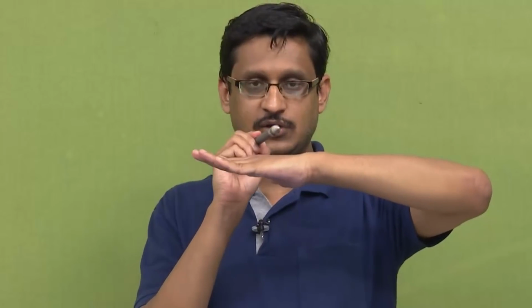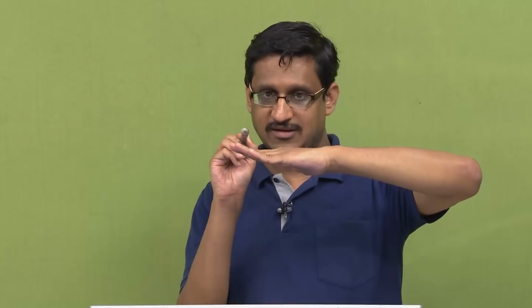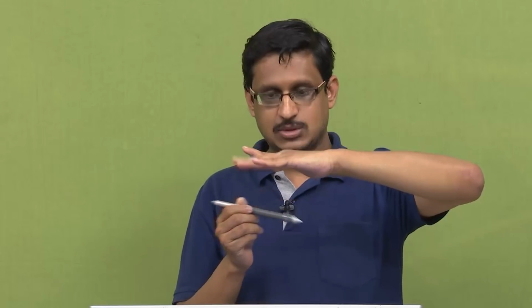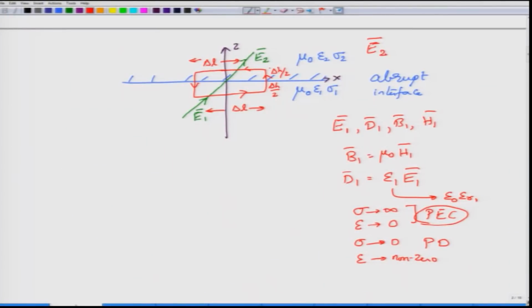If you have looked at it carefully, the sense of direction is along the x direction here, whereas in the other part of the loop it is along the minus x direction. It does not really matter which way you take, but you have to be consistent with whatever you take. You can't take both delta L to be positive.